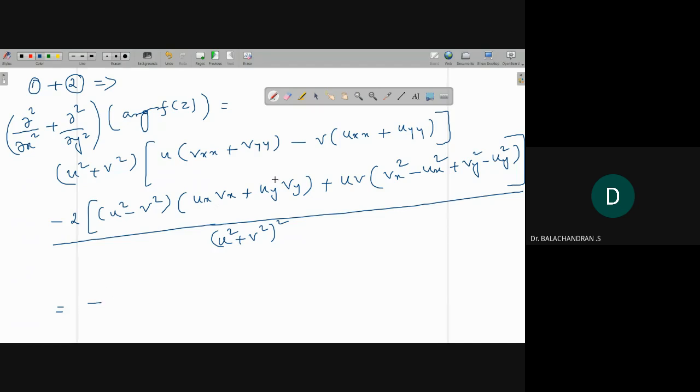Again this is also 0 by CR equation. So minus 2 into u square minus v square into u x into v x. u y is minus v x, v y is u x, plus